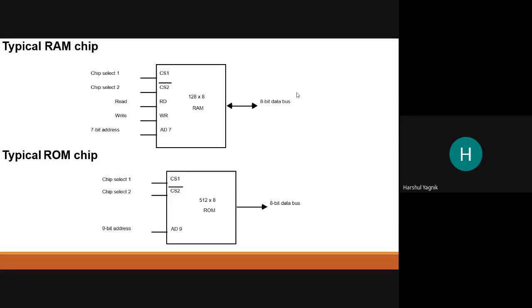The RAM which is shown, that is 128 cross 8. That means there are 128 registers, and each register is able to store 8 bits of data. Now, because there are 128 registers, the addresses of the registers have to be 7 bit. With 7 bits, we can show 2 raised to 7, 128 different possible binary numbers, which can be used as addresses of this 7-bit address and 128 memory locations.